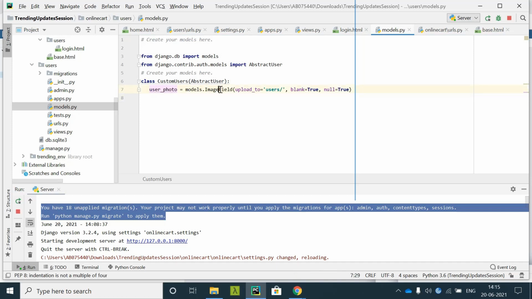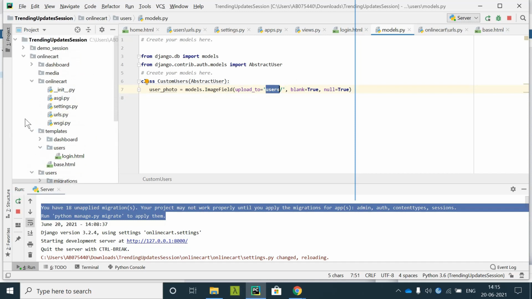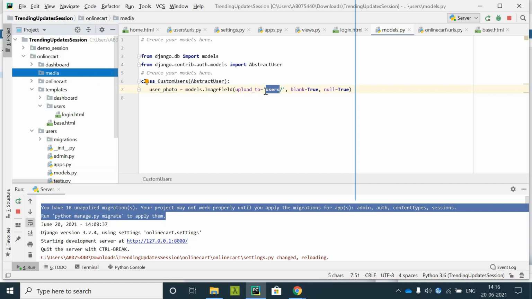So user_photo = models.ImageField, upload_to users folder. Now inside the media you need to have the users folder. All the images that you upload will be uploaded to the media folder inside the users folder. This is how you build the models class.